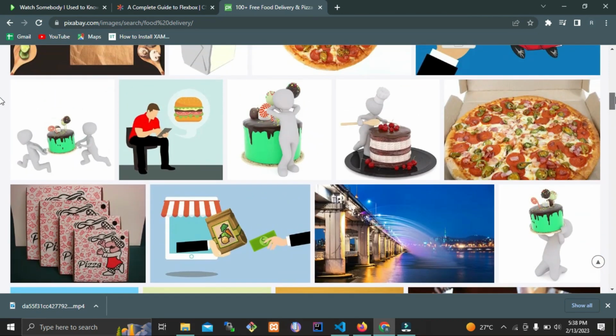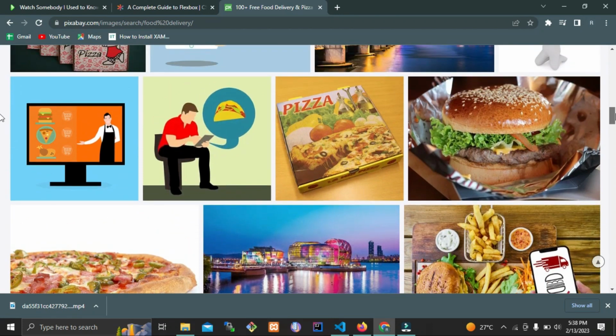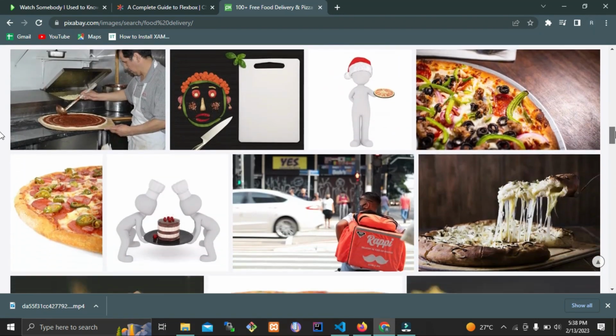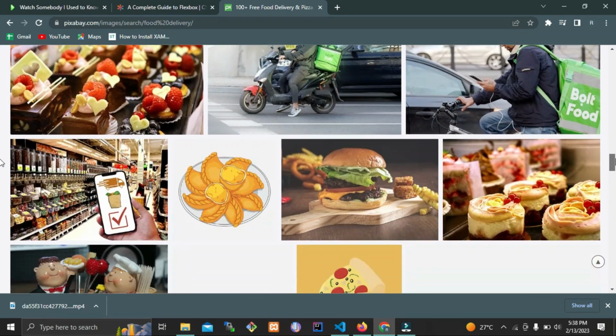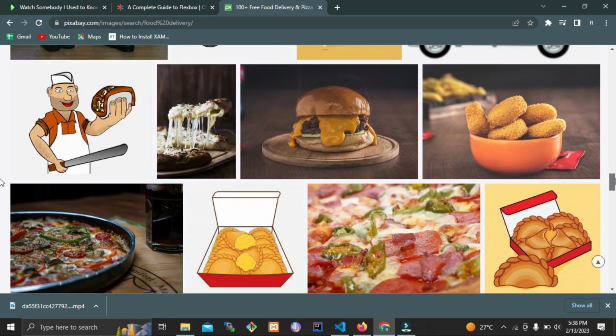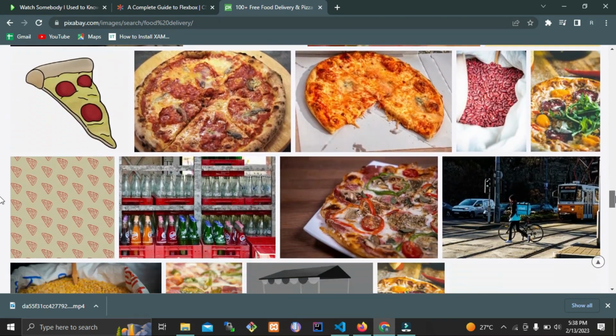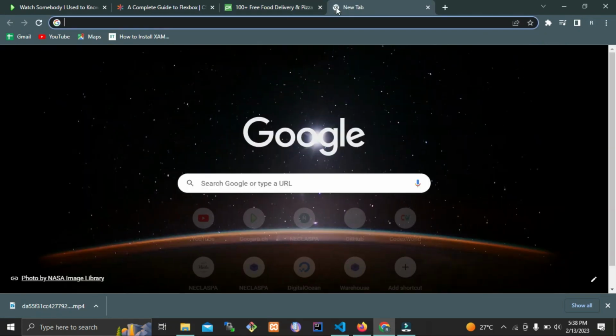We just want something simpler that we can use, not necessarily fancy or anything, because we are just doing a practice. If you feel like you want something that depicts more, then you can choose something. So I want to pick something that looks much nicer. But before I download from here, let me show you another website that I use called